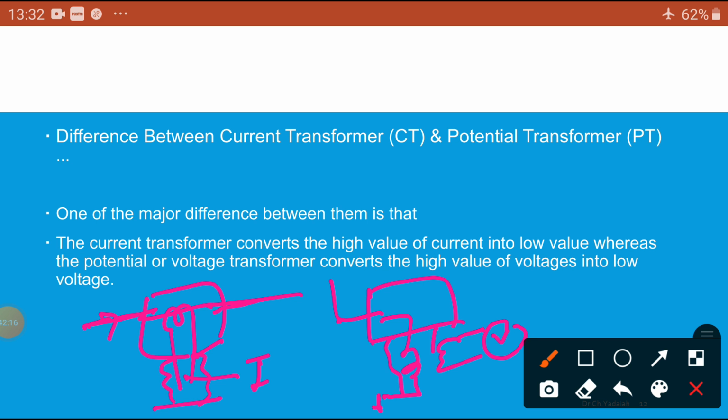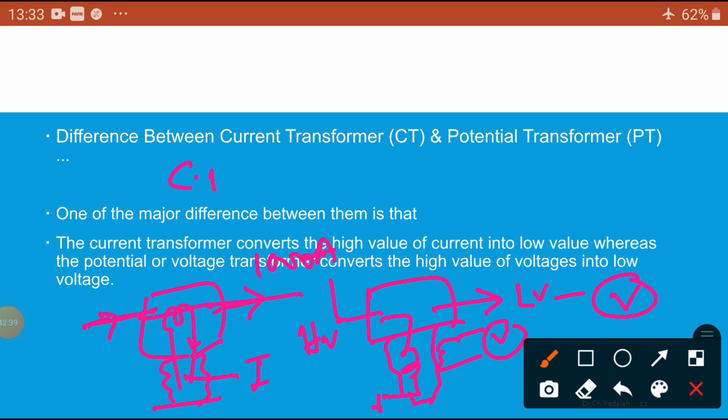Okay, here also insulation. So that means the PT will measure the higher voltage to low voltage, and this is given to our instruments. Whereas here, higher current, this may be 1000 amperes, is stepped down to low current,